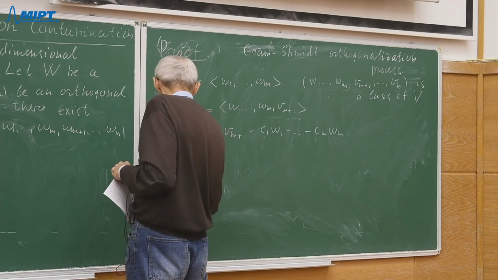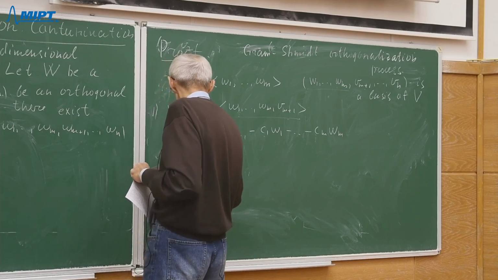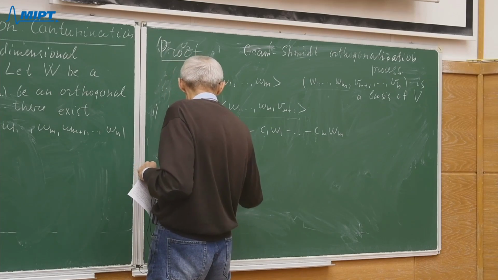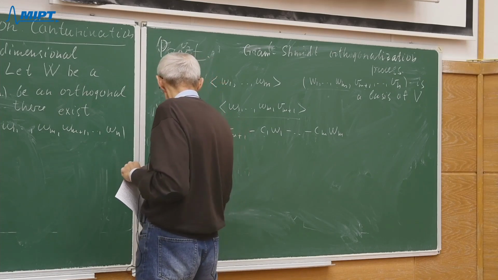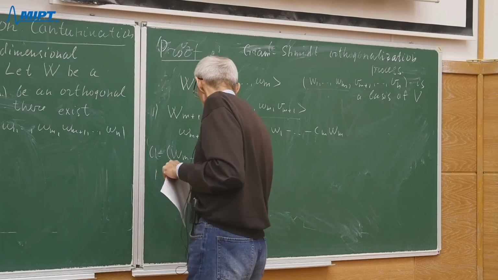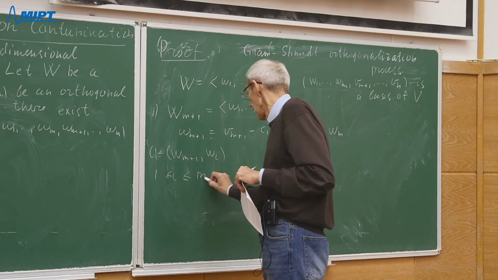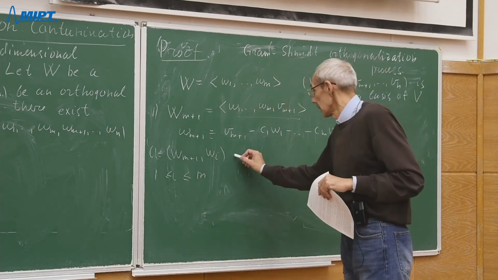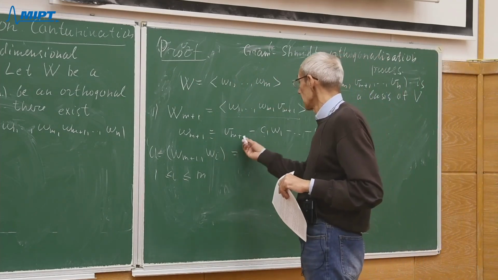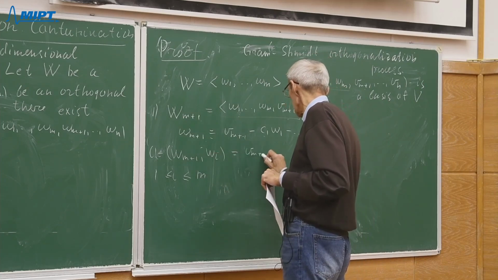Namely, we can consider the scalar product (Wm plus 1, Wi), and i is some label between 1 and m. And in this condition, we can substitute this expression in this formula, and we obtain that the difference